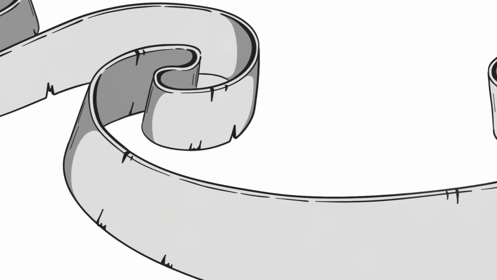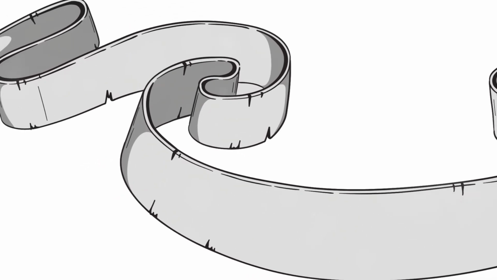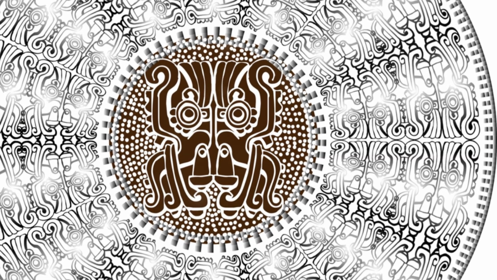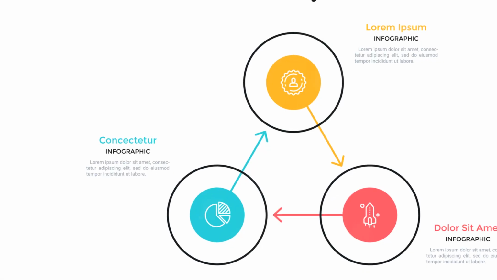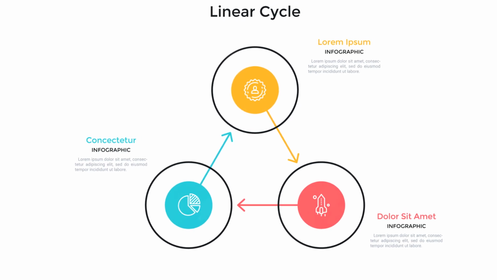The first relationship shows that the absence of the second element causes the absence of the first. The second relationship indicates that the absence of the third element causes the absence of the second. The third relationship completes the cycle, showing that the absence of the first element causes the absence of the third, creating a feedback loop where the absence of each element results in the absence of the next in reverse order.